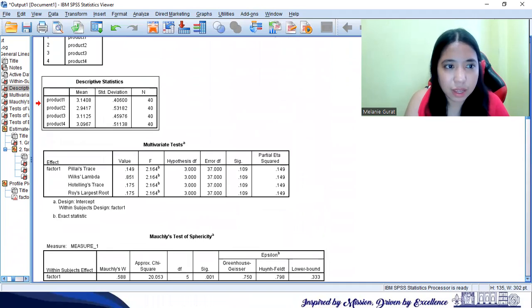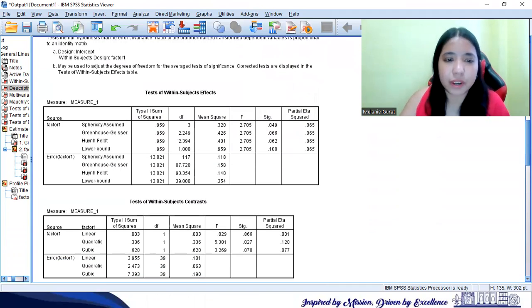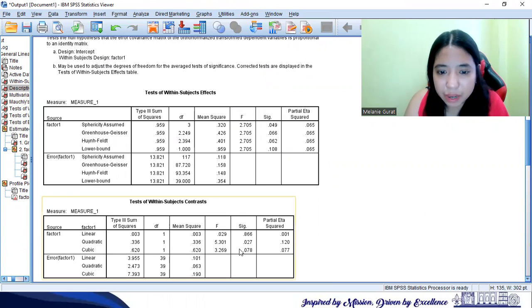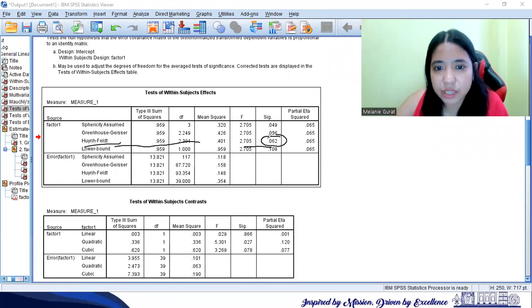We interpreted the value of, remember that we went here to see what will be reported. The one that we will be reporting is the Winfeld. This is the Winfeld, and the p-value here, so let's just go back, is p equal to 0.062.